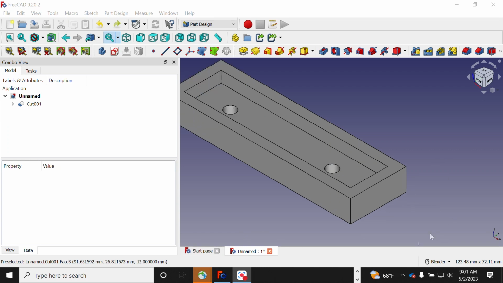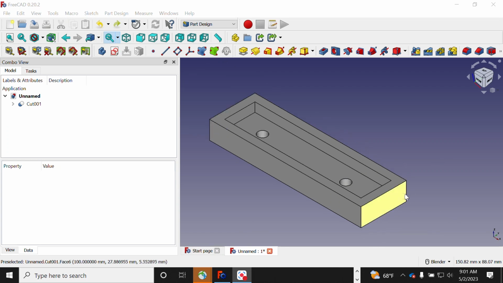Okay, to finish up the part, we're just going to create a curvature on the external edge of the cube, on one hand to make it look nicer, but on the other hand, because those curvatures help the part have a better mechanical resistance, because those edges with those curvatures will distribute the stress uniformly across the transitions. So to do that, we're going to create a curvature, and we're going to go to part